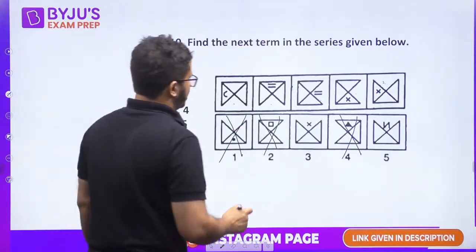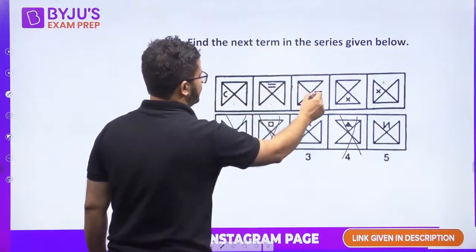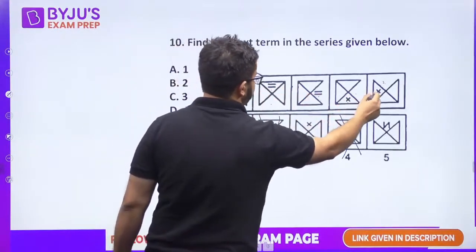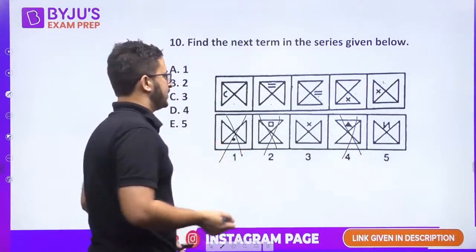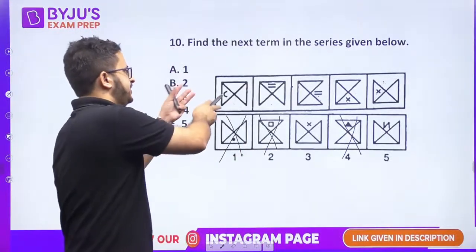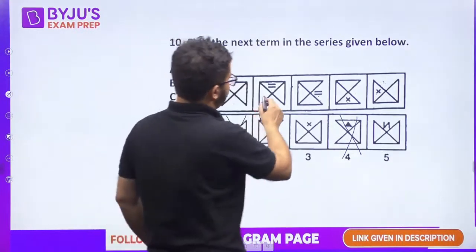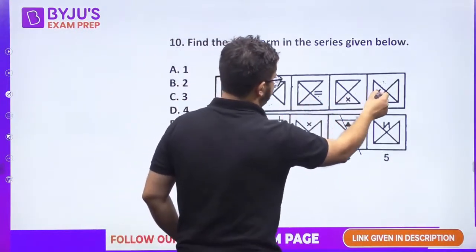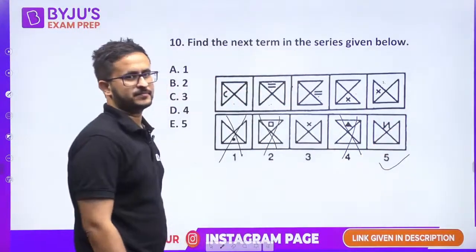Okay, now if we see this, there is C, then 2 times equal, then 2 times cross. So every image is coming 2 times. Okay, so maybe see, we are given a series, right? इससे पहले का हमें दिया नहीं है. Maybe before this image C was outside, right? So we are having an image for 2 times. So we will have a new image, that is N.